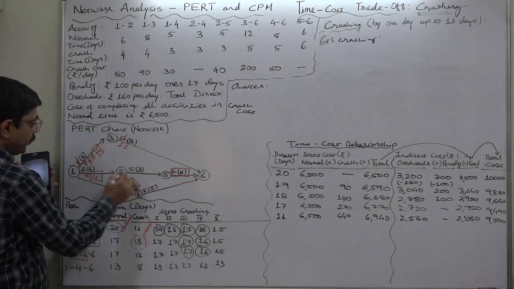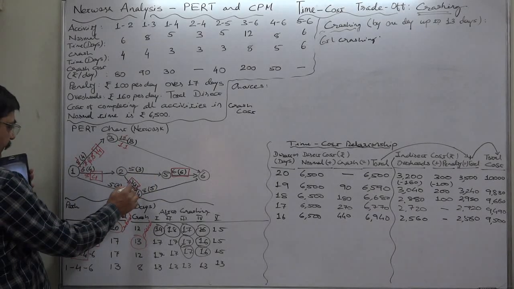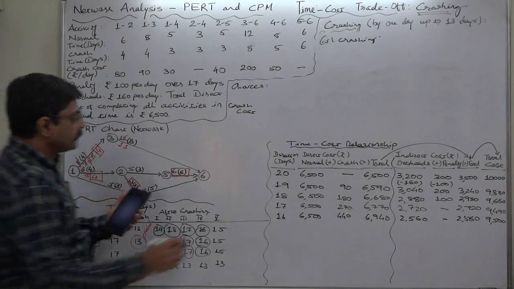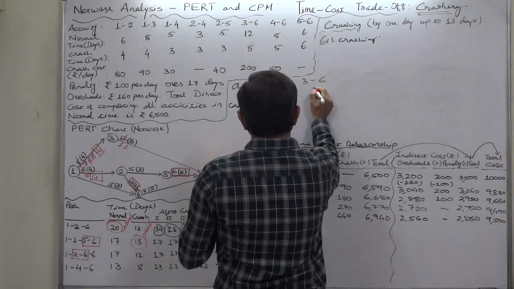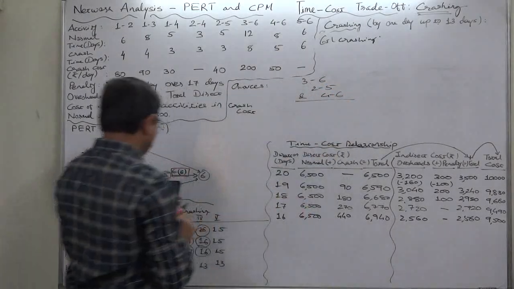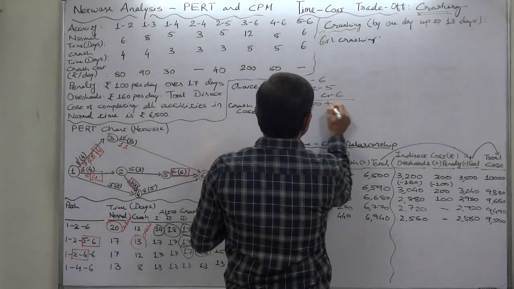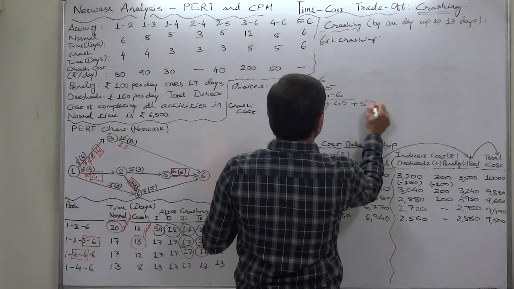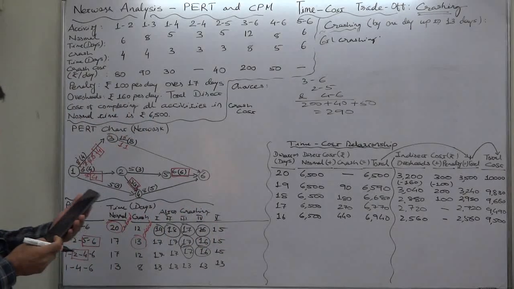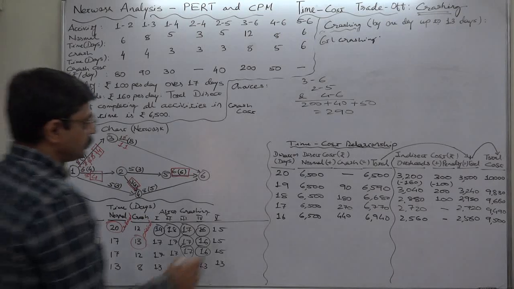3, 6 from the first, 2, 5 is available from the second, and 4, 6 is available from the third. Okay. 3, 6, 2, 5 and 4, 6. 200 of 3, 6 plus 40 of 2, 5 plus 50 of 4, 6. So total cost comes to 290, and we can see that we have only one choice and we are going